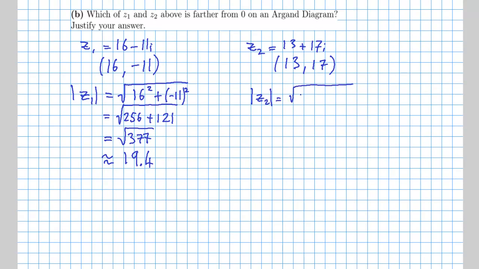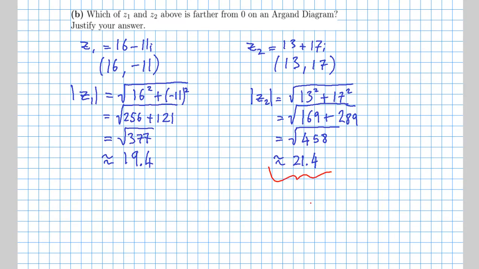So we have a square root, each of the components gets squared, and then added together. So 13 squared is 169. 17 squared is 289. And when you add those together, you get 458. And again, if you want to deal with that a bit further, that's about 21.4. So that's proof enough. We can then just say this is good enough reason to say that z2 is farther